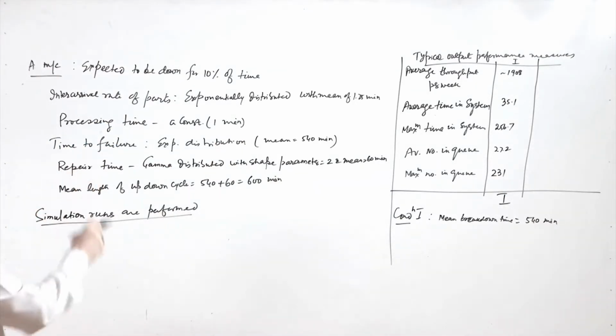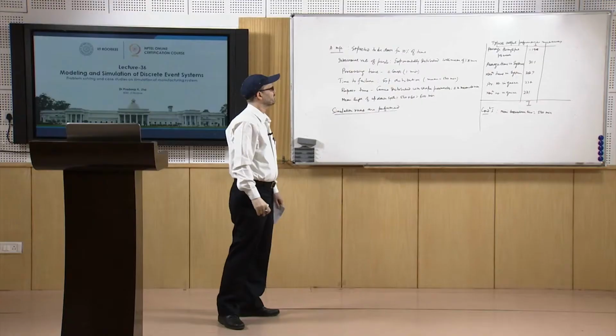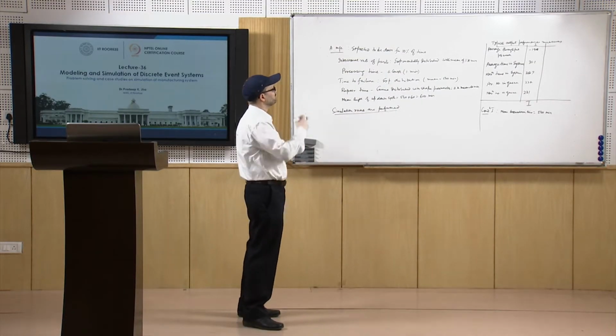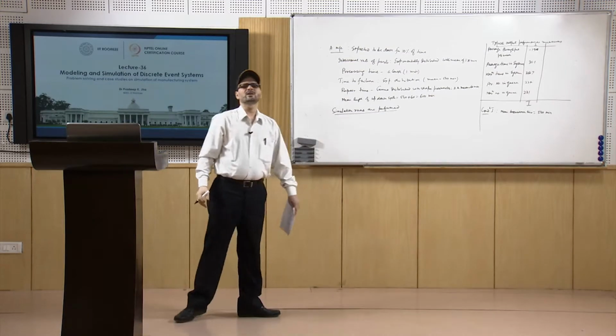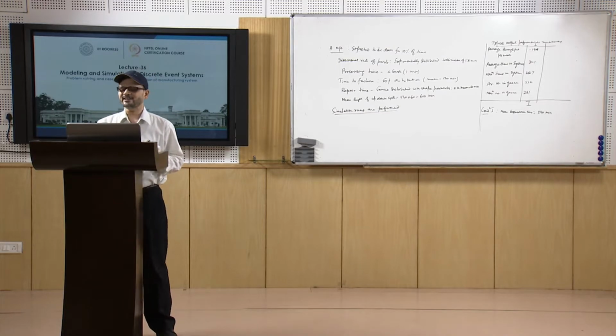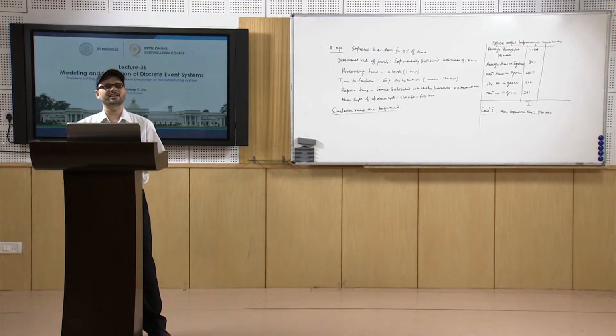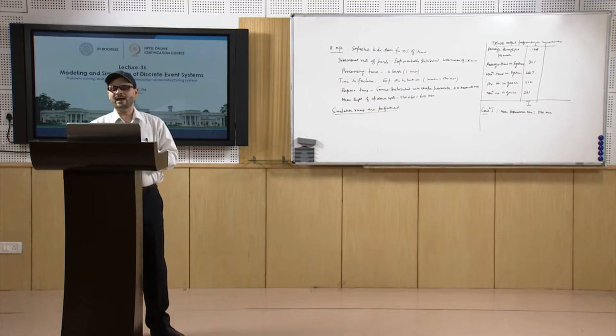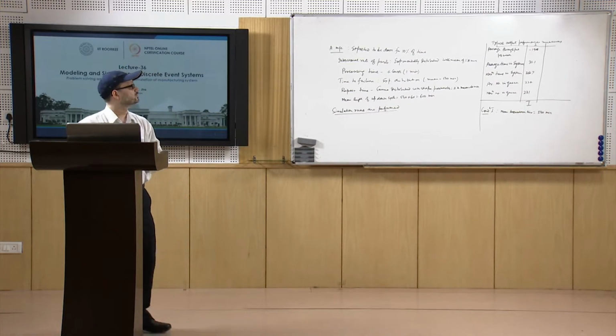Similarly, maximum time in the system is 256.7. Average time in the queue is 27.2. Maximum number in the queue is 231. What is the meaning of this? So, what we see is that in the first case your value is 1908, and this is the average throughput per